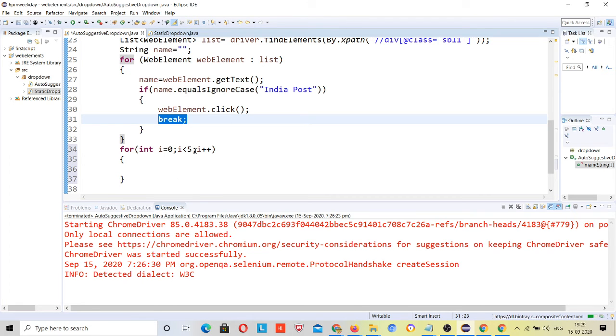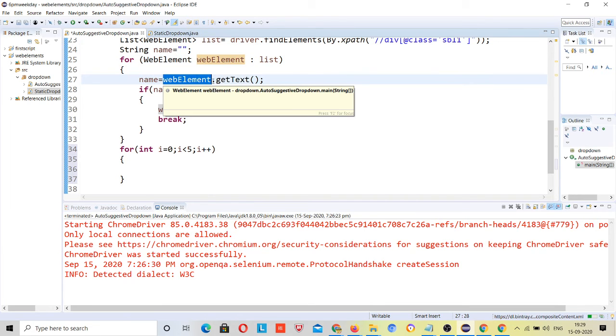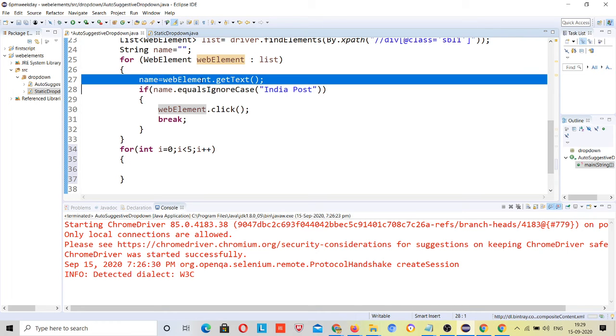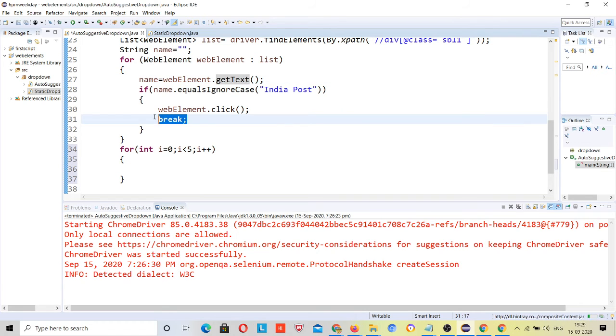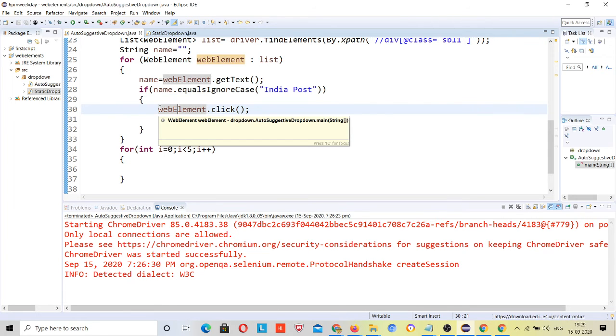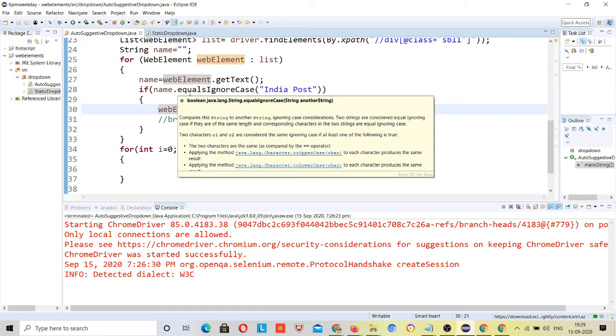So the loop kept running, but when the loop kept running, your results were not present in the same page, right? It was trying to get those elements from the list, but you were now in another page, and in that page your suggestion results were not present, right? So that's why the error came. Let me again remove this break and show you what that error was. This way we can troubleshoot the problem, right? Every single line can generate an error, so that's why we need to be very careful.